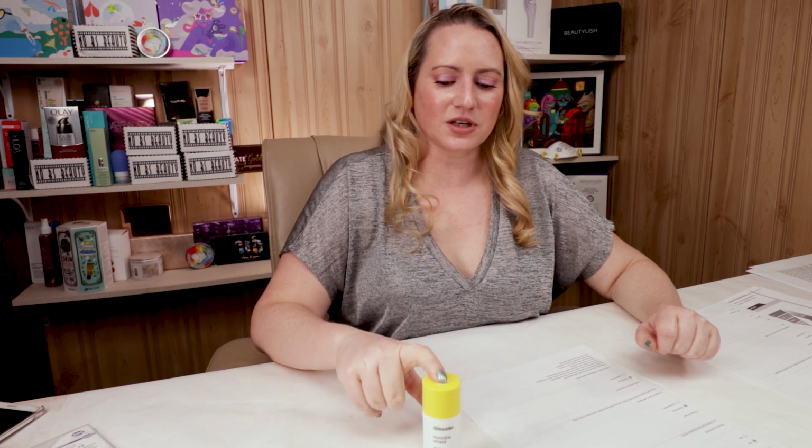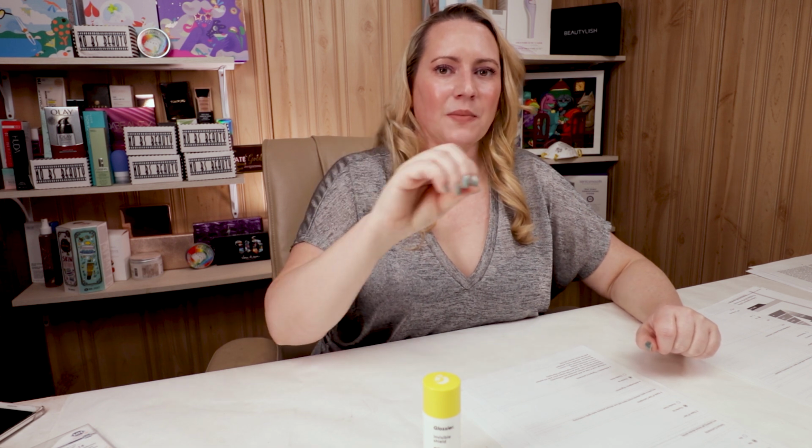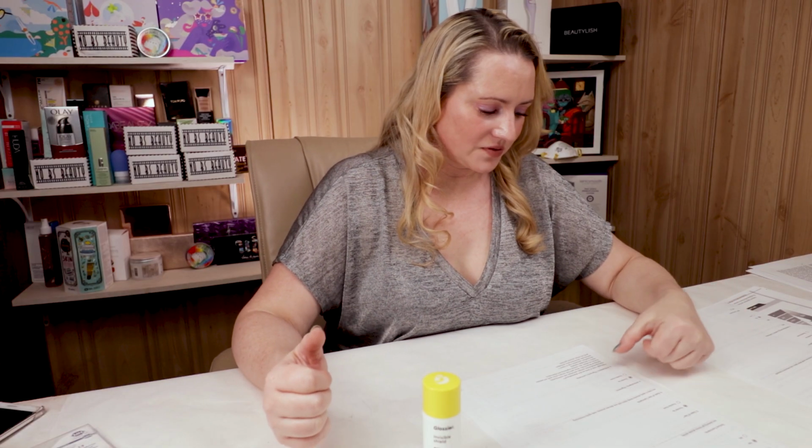And I believe, looking at the Glossier formula, they listed this in the order of amount. For sunscreens, you can either list them in alphabetical order, or you can still list them in order of amount. I like when brands list them in order of amount instead of alphabetically, because then you just have a better idea how much of each ingredient is in there. So okay, so we've got